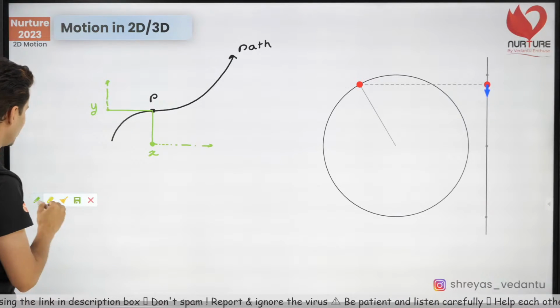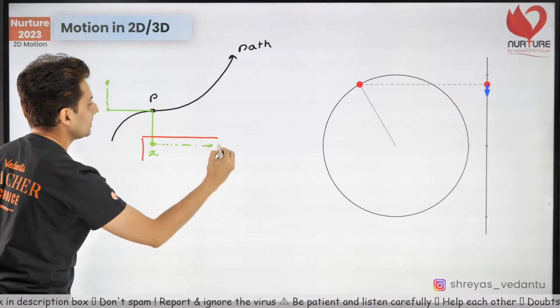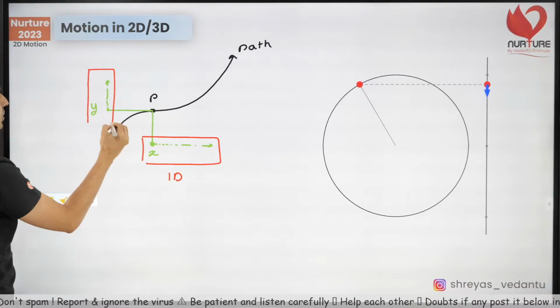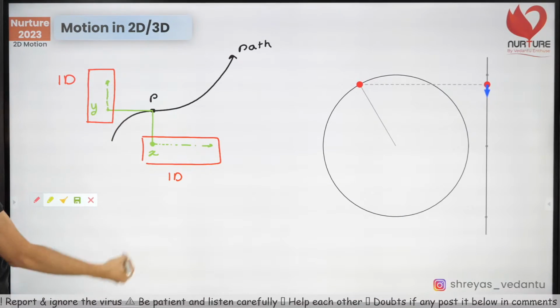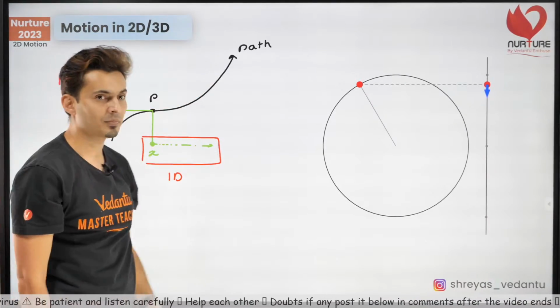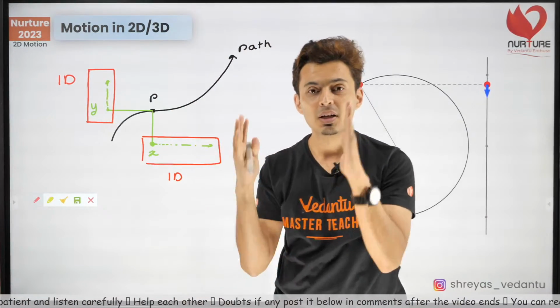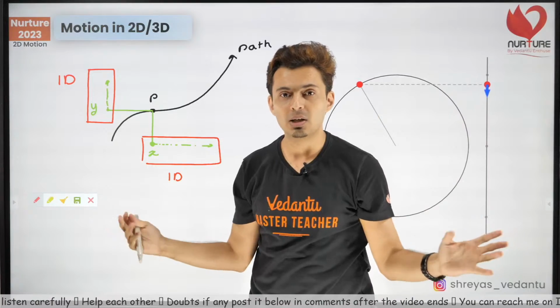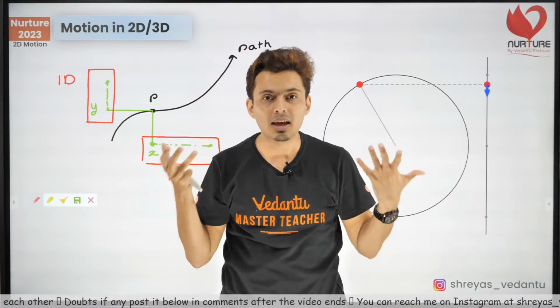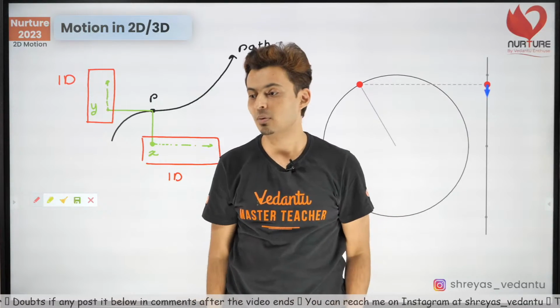Now what is this motion of this X coordinate? Isn't it a 1D motion? And isn't this motion in the Y axis also 1D motion? So you have two 1D motions which make up a 2D motion. That's it. So if you solve the problems independently in one dimension here, effectively you are solving a 2D motion problem.